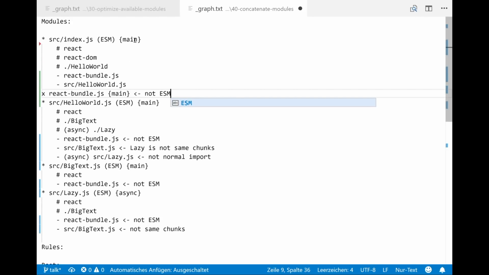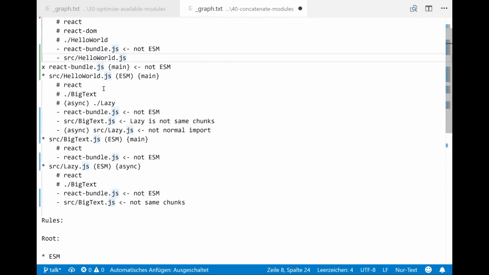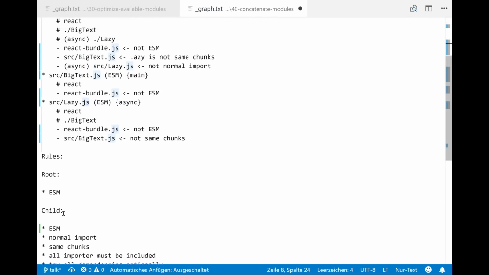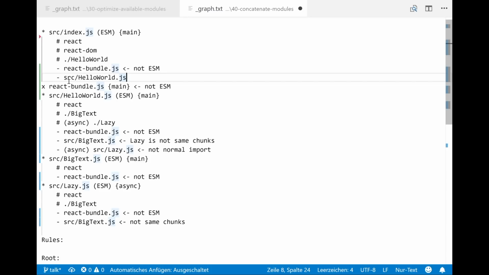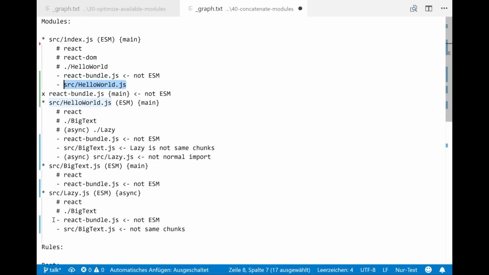And this one, maybe it works. Okay, React Bundle doesn't work because it's not ESM, but Hello World is ESM, yes. It's a normal import, yes. And in the same chunk, yes. And all importers must be included. Luckily, we are the only importer, so it works. And so, okay, it could be included.